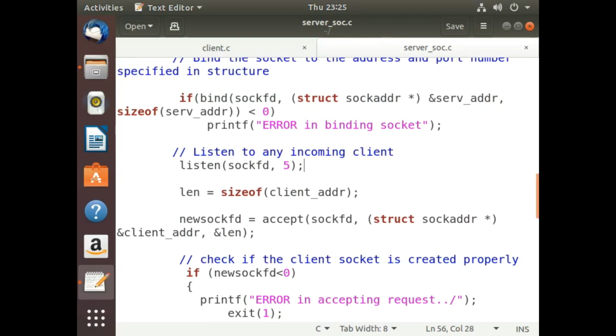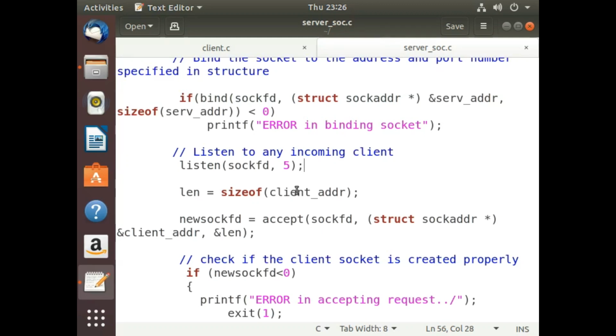For example, if I have specified 5, it does not mean that I will be able to handle 5 requests at a time on my server coming from the client. No. It means that I will maintain a queue of size 5, and I will handle one request at a time from those 5 requests on my server.